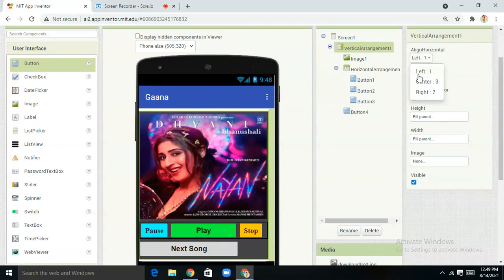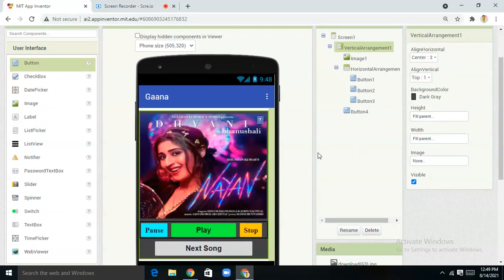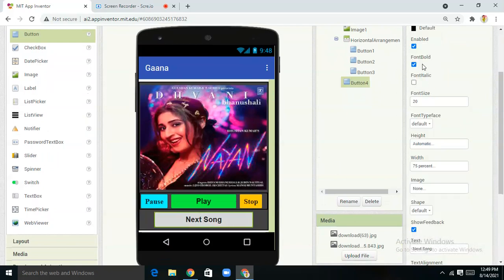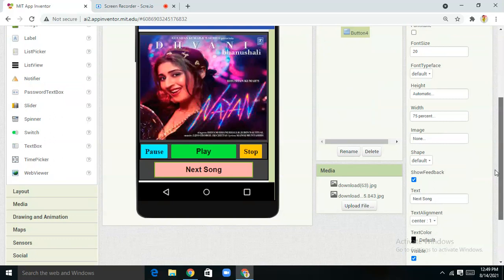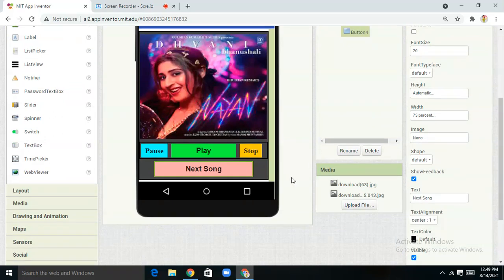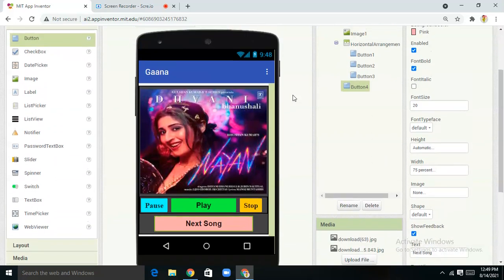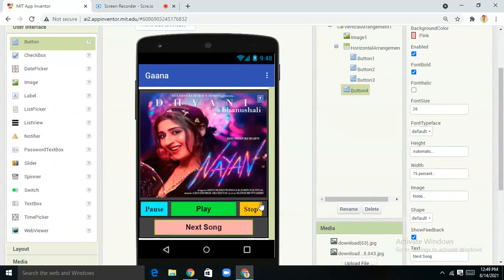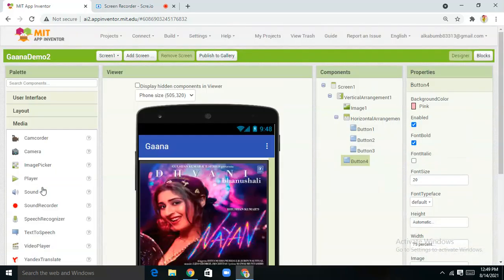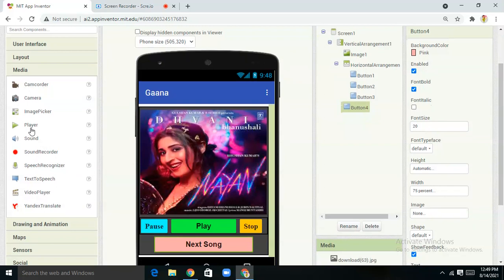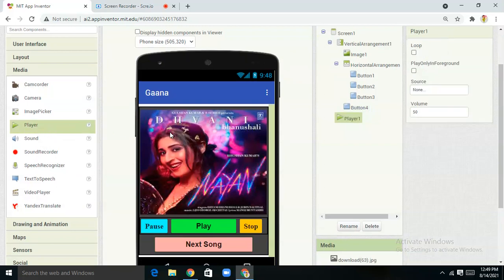So for that I've taken this. Make sure on your vertical arrangement, you align the horizontal as center. Okay, so it may look nice. And next is background, so I'm making it pink color. Even you guys can change the color. All right. Okay, now the next thing that I want here.